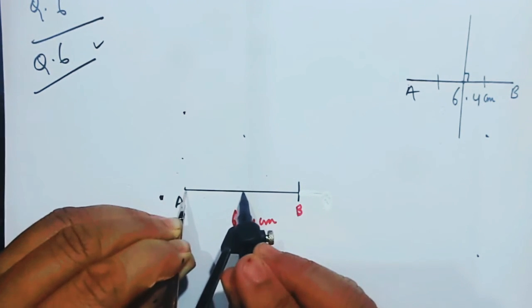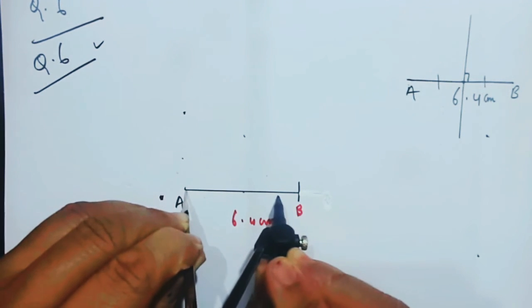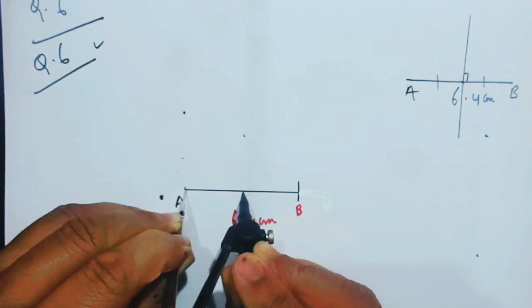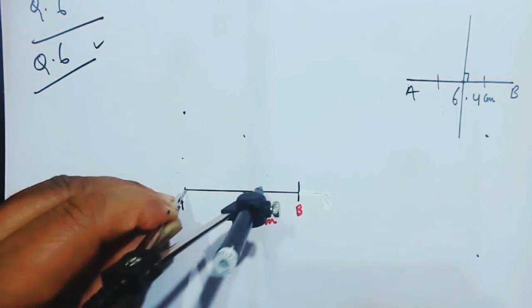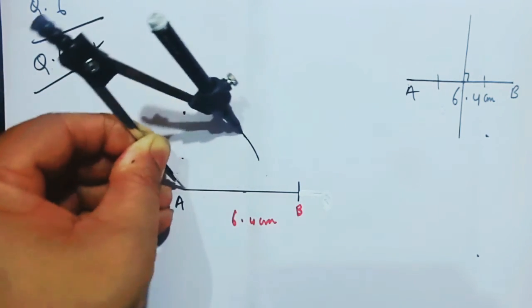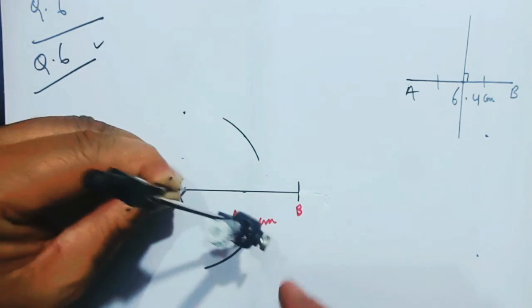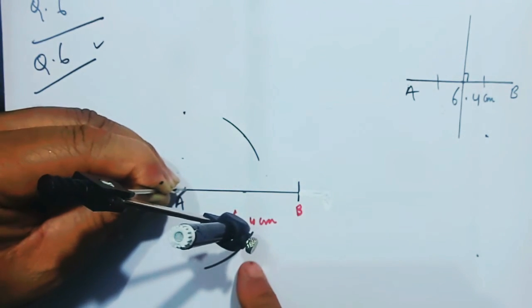A round figure, you can say. Generally this is the midpoint. Now you can take more than half. You can take here up till here also. So let me take the length a little more than half. Now, taking the length more than half, draw an arc on one side and draw the same arc on the other side, isn't it?